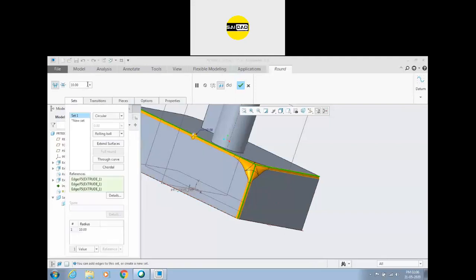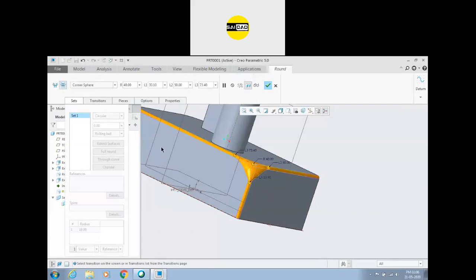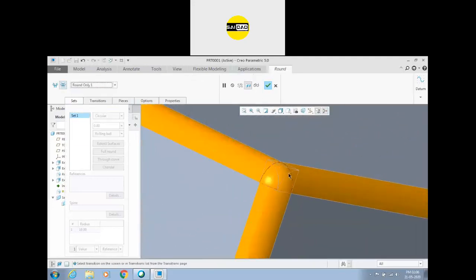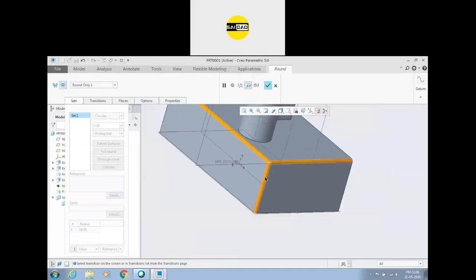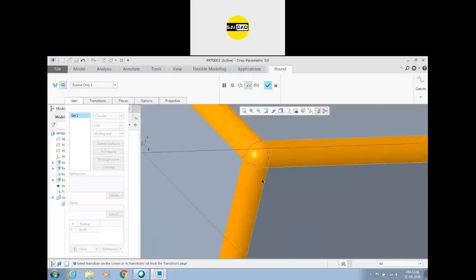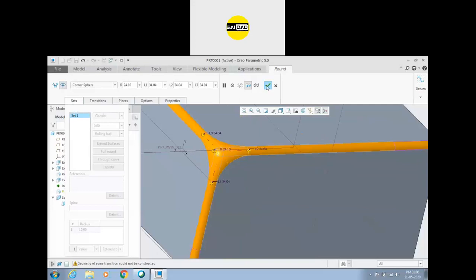And the other option we have is round only one. So you will see that the round will be applied here. Patch round only one default and intersect, and this corner will have some different results and other will have some similar results.